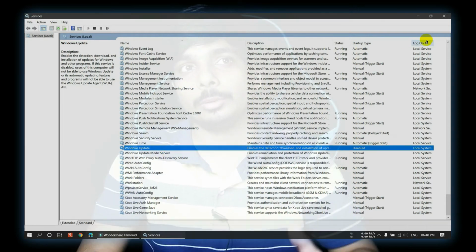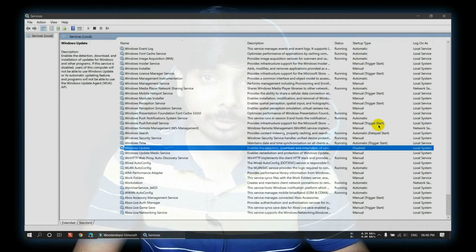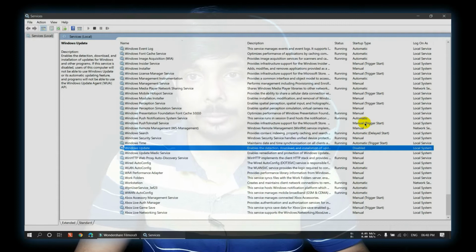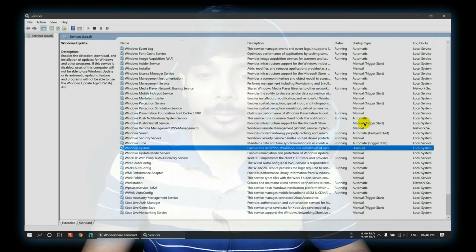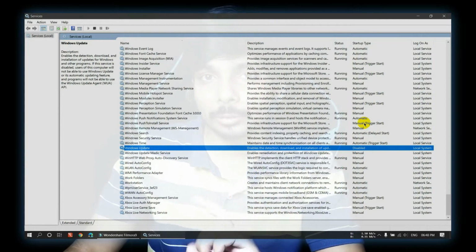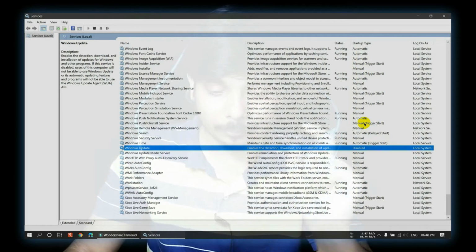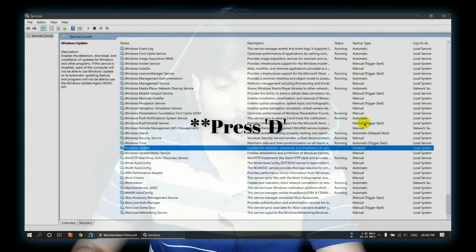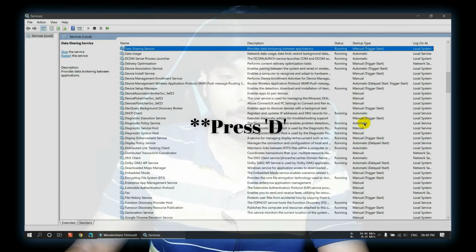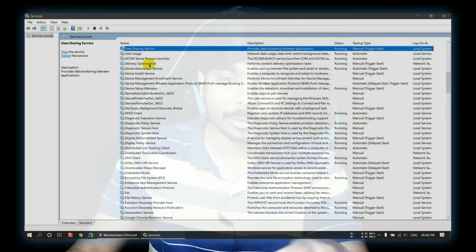So what this will do is that this is the Windows service which I was talking about earlier, that you could turn off to avoid Windows update. One more service is there which is known as delivery optimization. In the same window, just click on D. You will get some options like data sharing or services.